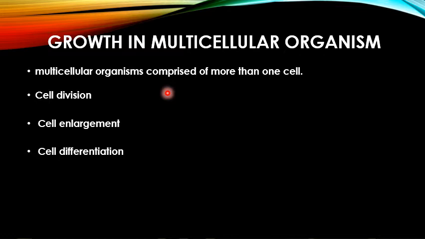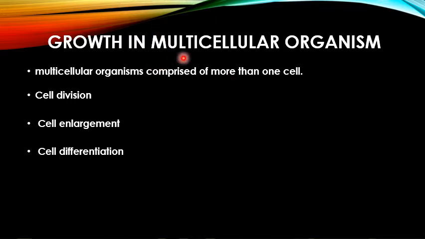As I said earlier, the unicellular organism contains only a single cell throughout its lifespan, but multicellular organisms are comprised of more than one, or millions of cells. Thus the cellular differentiation, maturation, as well as the growth that takes place in the multicellular organism is more complex when compared to that of a unicellular organism. More complex in the sense that it is very complicated.